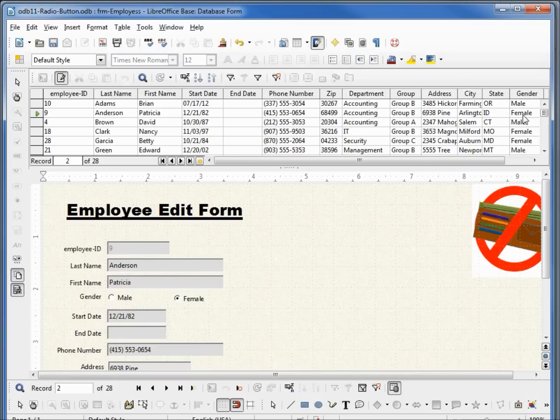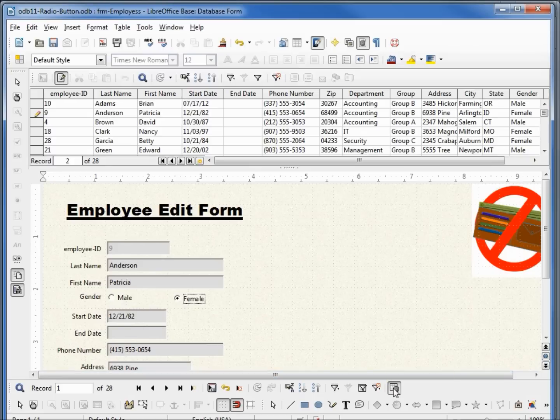And I'm going to change her to male. Clicking that, we see under gender, it's changed already to male. I didn't even have to click on the Save Record. Changing her back to female, we'll watch this change. And we see that it's updated. So our data source shows us the table that we're pulling that data from.